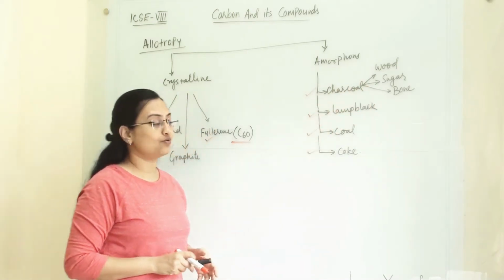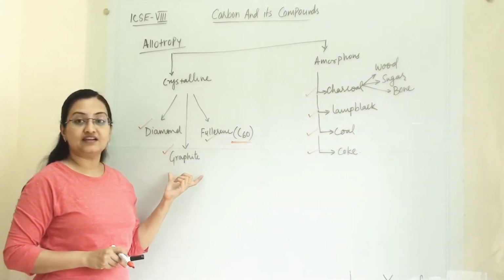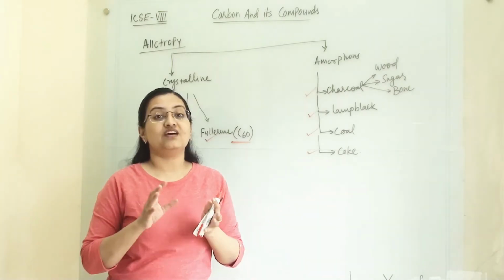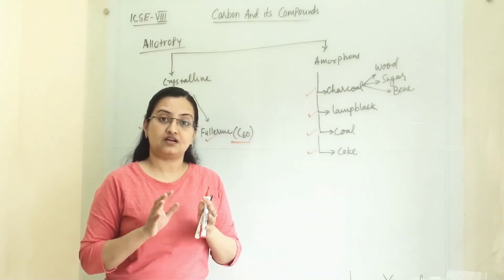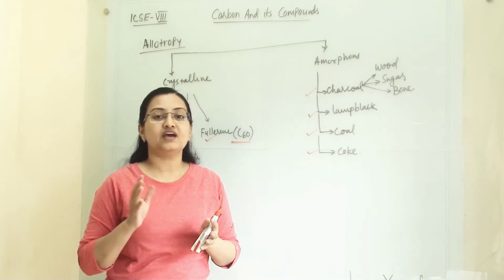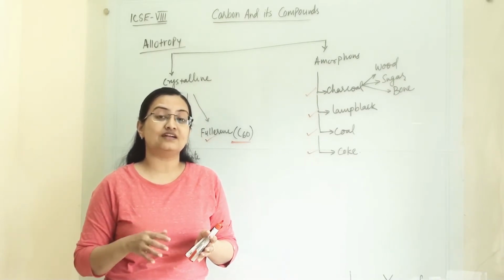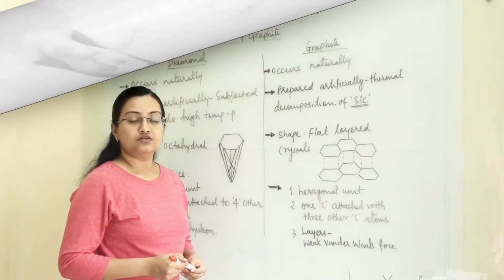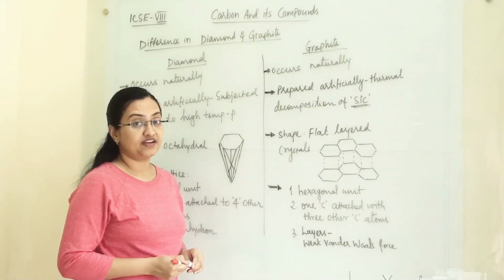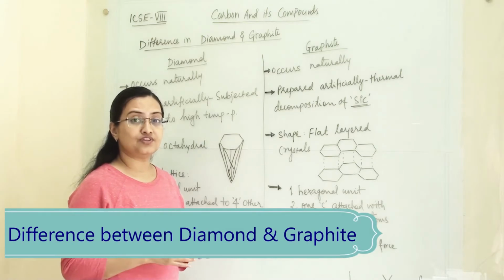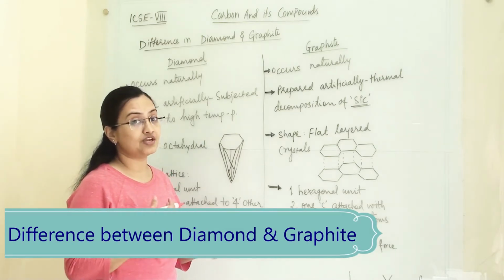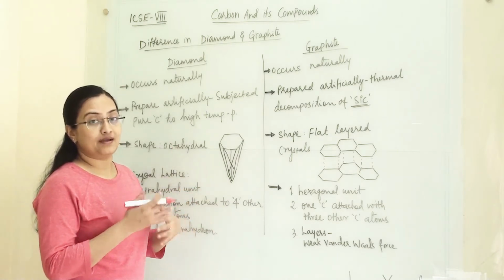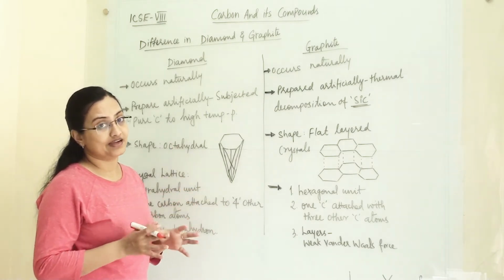So now we are going to study diamond and graphite in detail, and we will see that even though they have the same element, carbon, in them, how they are different physically, so that they show different physical properties. Under diamond and graphite, there is a series of criteria which we are going to discuss and compare. First we are comparing them for appearance and their lattice structure.